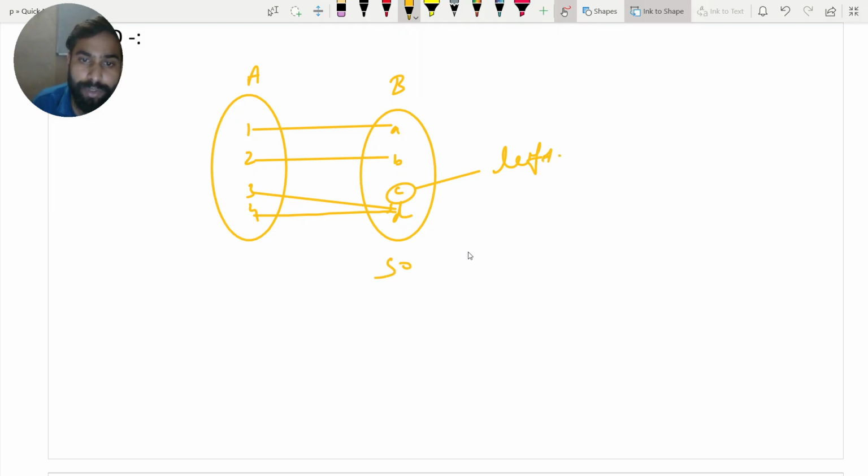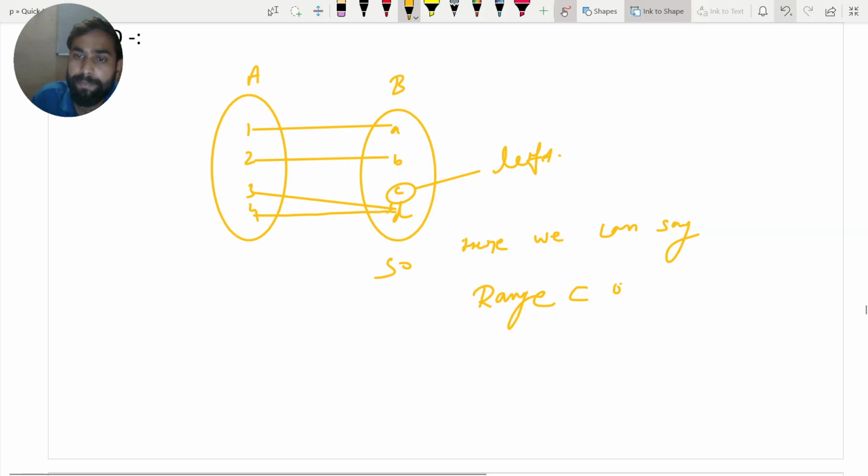So here we can say range is a subset of codomain, because range is smaller and codomain is greater.